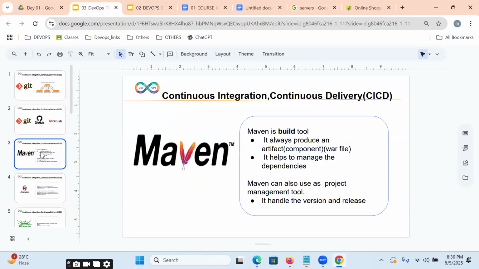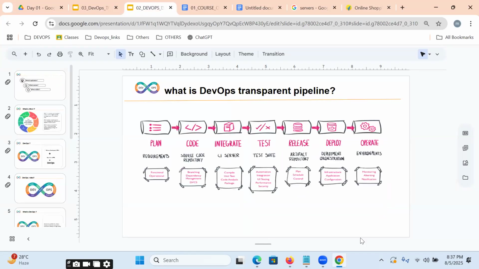Once it is maintained in Git, on top of it we are going to be executing our Maven targets. Maven is a build tool. It always produces an artifact and helps to manage dependencies. It builds and generates an artifact, and once that is done, all our developers' lines of code